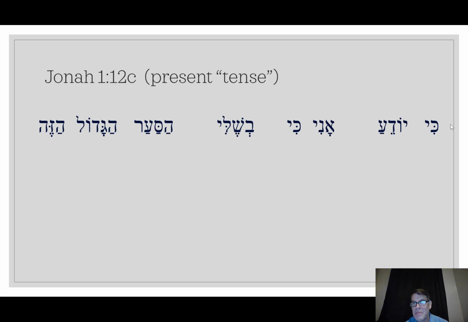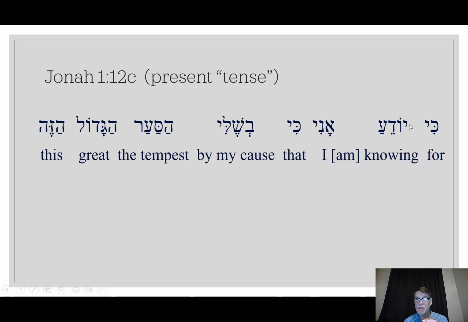See if you can pronounce this. Ki yodea ani ki b'sheli ha sa'ar ha gadol ha ze. Okay, so ki, you need to know this word. It's a conjunction. Junction, what's your function? Here it means for. He says, throw me into the water and the sea will calm, for yoda. Anyway,